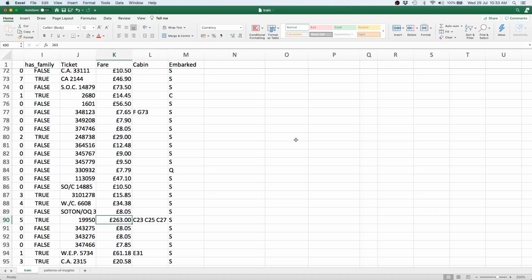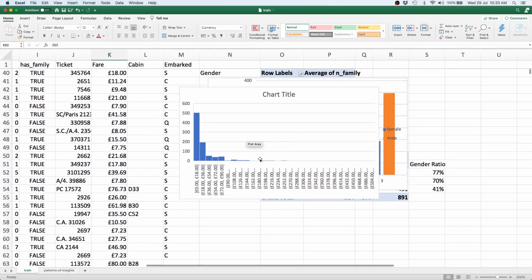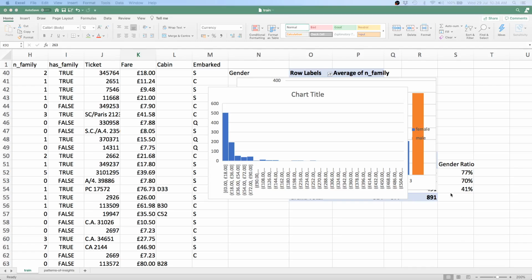So in summary, this chart that we see here, well, it's definitely an abnormal distribution, at least until we can dig deeper and find out what is exactly the logic behind a fare curve that falls so sharply. So this is broadly how you can apply patterns of insights and come up with different questions and use those questions to drive our analysis.